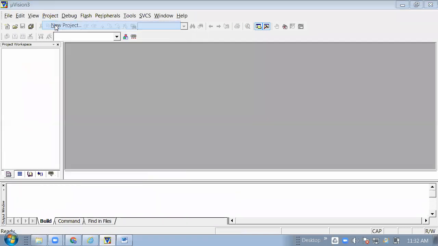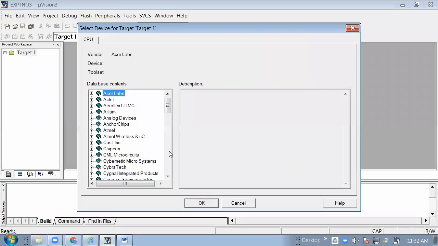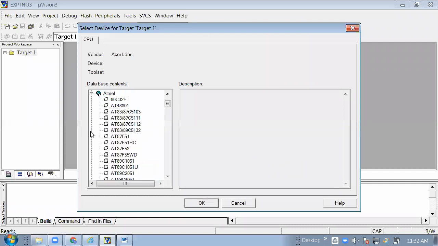Project, new project, give the name experiment number 3, save, then go to the options. These steps are very important.